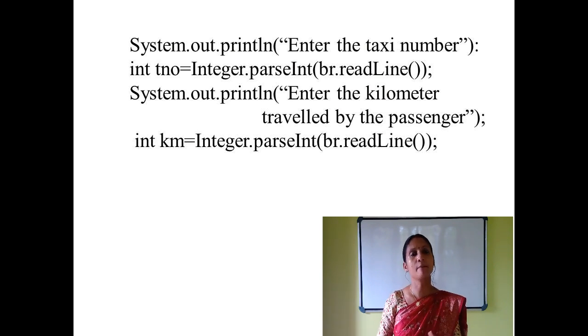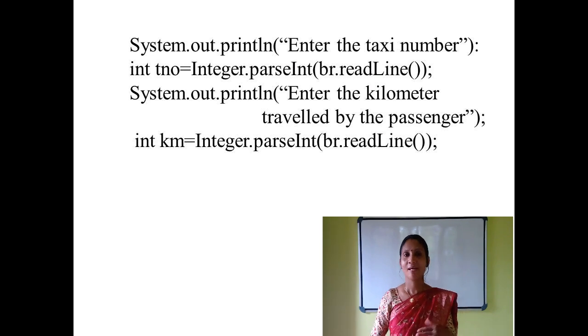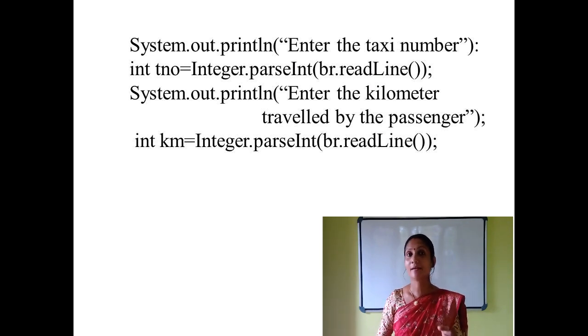This is also a number, because of that I declare the data type as int. We can give km to that variable, because this means kilometer. Then km is equal to Integer.parseInt of br.readLine. Then what's the next step? We need to calculate and find out the amount. How can you find out the amount? Using that equation. Please listen carefully. How can you solve this type of problem? I will show you. Easily we can solve this type of problems.